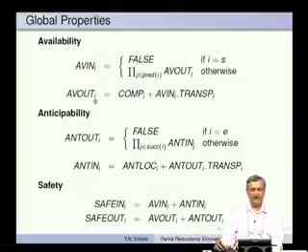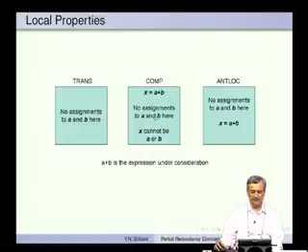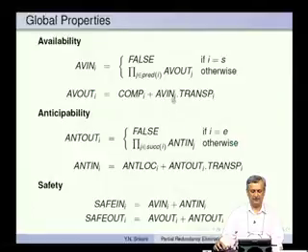What about the availability at the output point of a basic block? That is very easy. It is either computed in the basic block or it is available from the top and not modified. So, that is easy to see here. It is computed in the basic block and then of course, COMP is true implies there are no modifications here. So, at this point A plus B is available, or if it is available from the top and not modified at all, then also A plus B will be available here. So, these are the two situations that this handles.